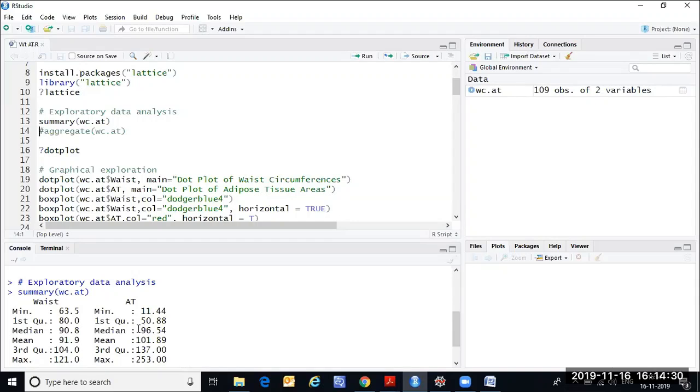What do you think about the distribution of the data, by looking at these basic stats? Which value is right skewed? Okay, adipose tissue is right skewed because the mean tends towards the